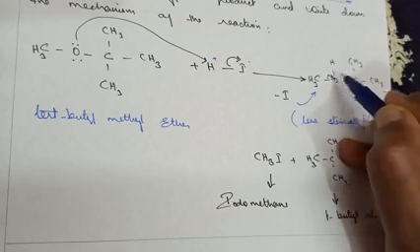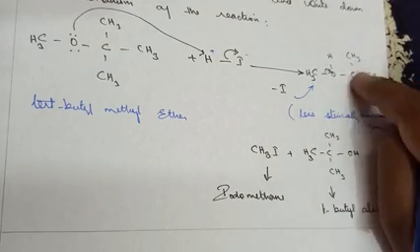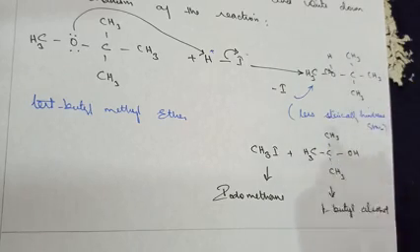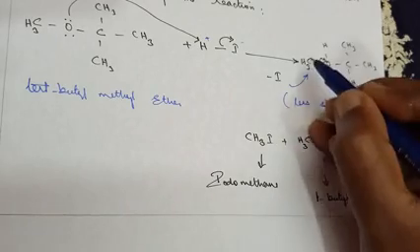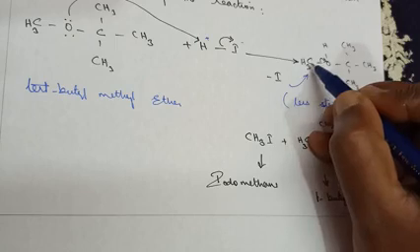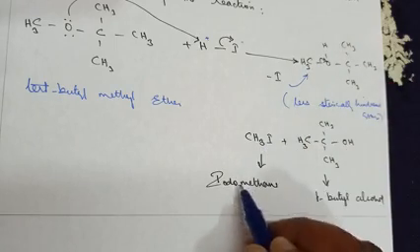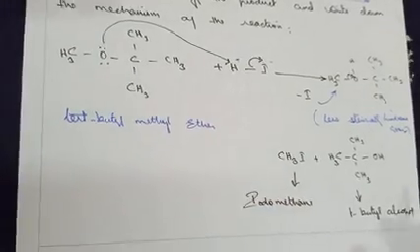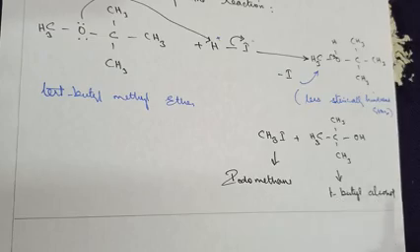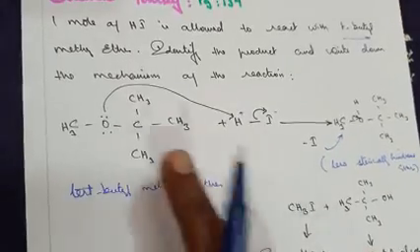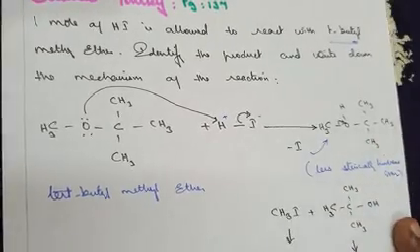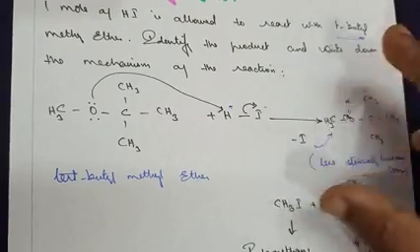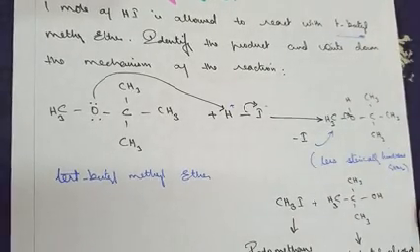So the bond will break here. You get CH3, CH3, CH3 with OH here, so that is tert-butyl alcohol. The new incoming nucleophile will go and join this carbon, so we get iodomethane. So this is the structure of tert-butyl methyl ether, and this is the structure of tert-butyl alcohol and iodomethane. All these concepts were done very detailedly and neatly in the earlier classes. I am only showing you how to write the precise answer easily. Thank you.